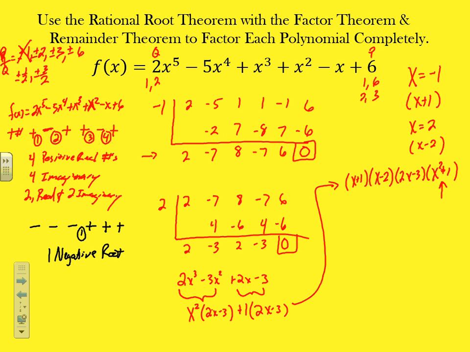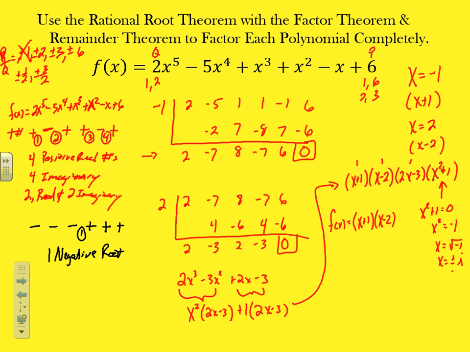Let me look at this one by itself. x squared plus 1, set it equal to 0. That's going to give me x squared is equal to -1. So x would equal the square root of -1, which would simply be positive or negative i. So that is where the two other solutions come from. So we have 3 real solutions, and then 2 more imaginary solutions. So the final factored form would be f of x equal to x plus 1 times x minus 2,